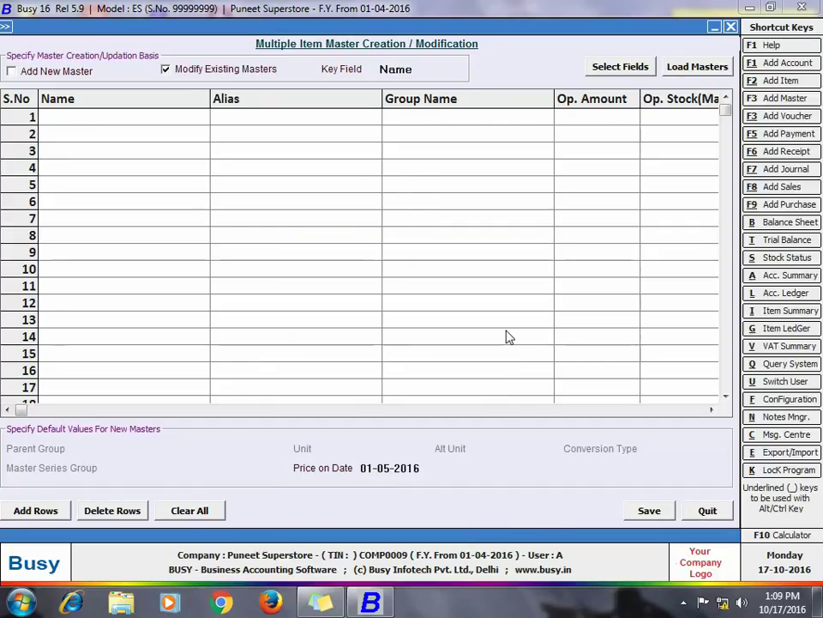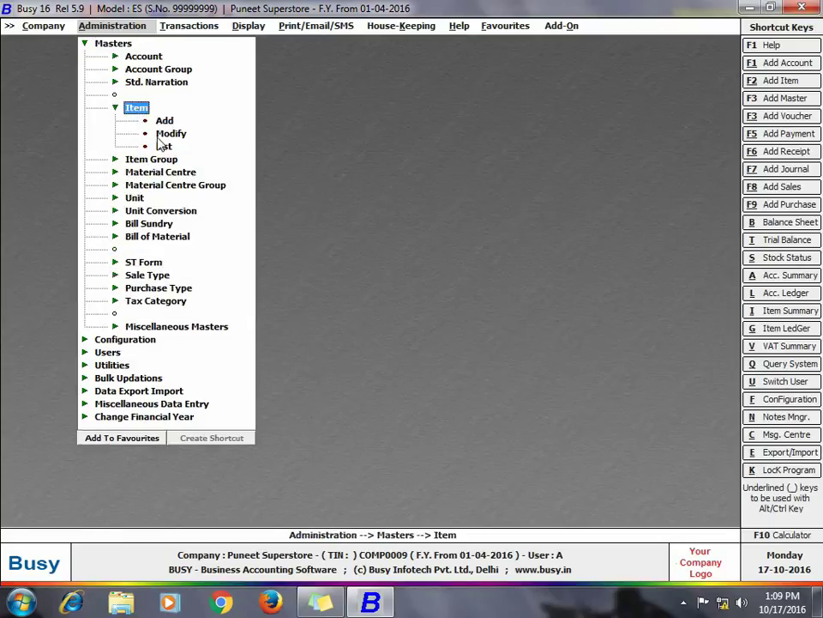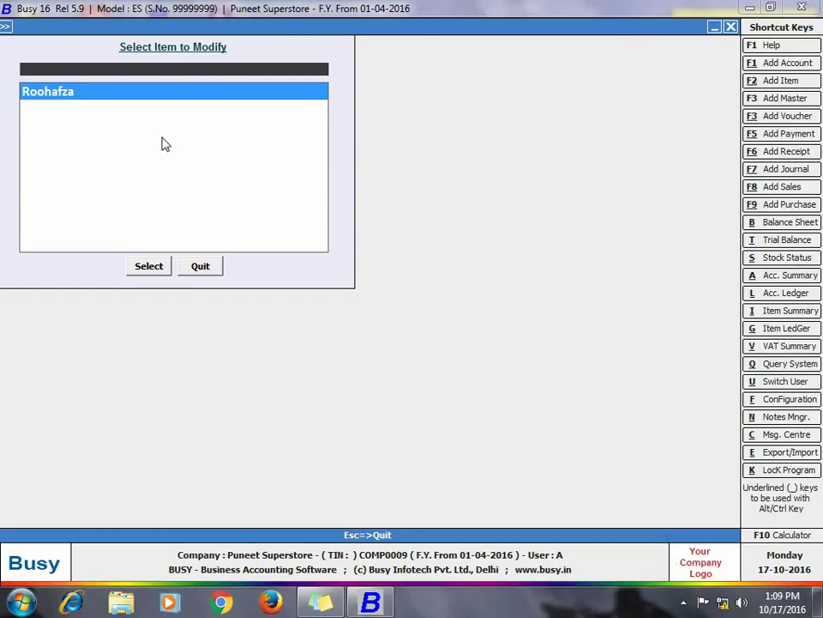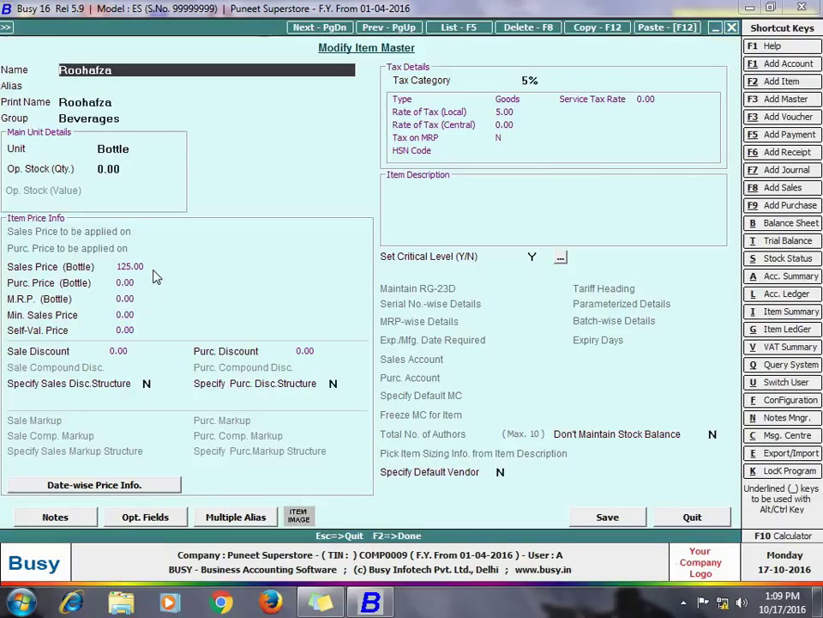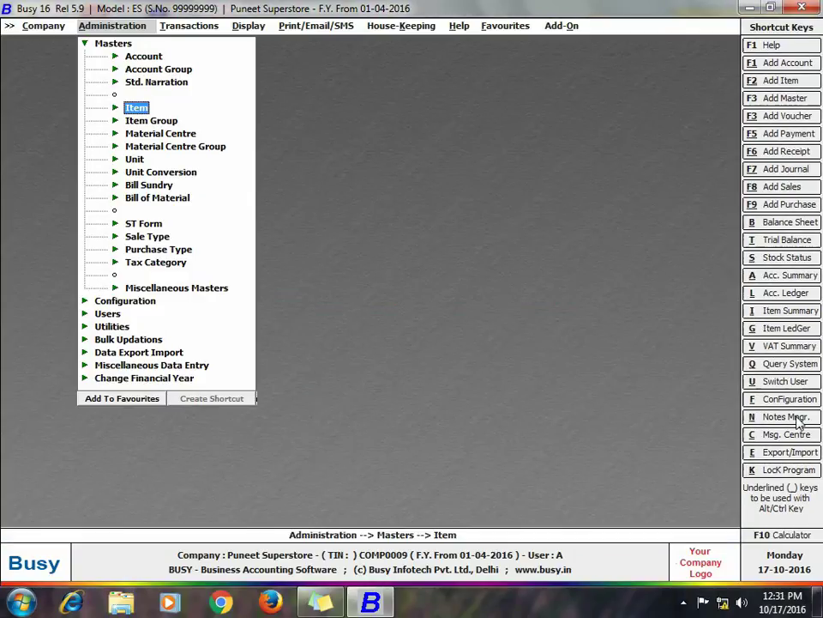Now if you want, you can see the effect of this price in the item master itself also. We have opened the item Ruh Afza in modify mode. Click the date-wise item pricing info button. Here you can see it is displaying that from 1st May onward, the price of the item Ruh Afza will be 125 rupees. Hope after going through this presentation, you would be able to easily use the date-wise item pricing feature